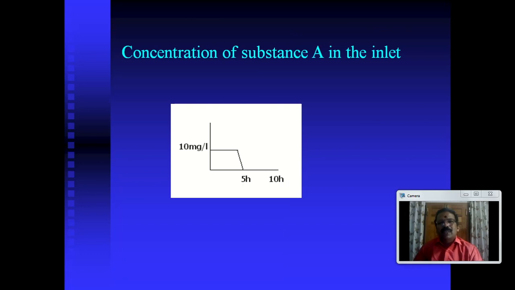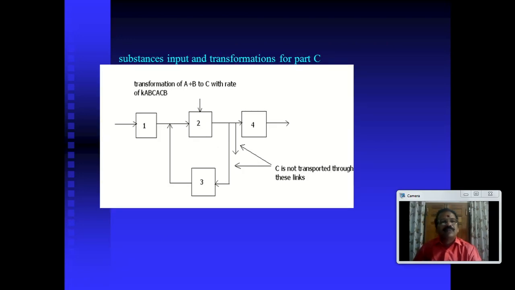So the concentration of substrate in the inlet can be plotted. The graphical simulation of the concentration of substrate entering into tank number 1 can be represented by the graph. Here we can see the reaction of A and B to form C. You know that in each and every chemical reaction, the rate of the reaction is very important. Reaction rate kinetics is the mathematical model to express a reaction between substrate A and B.